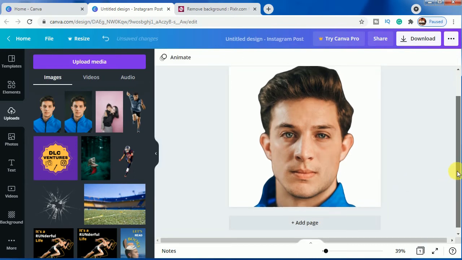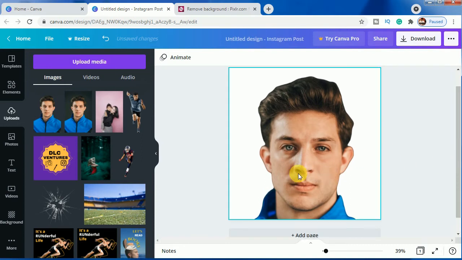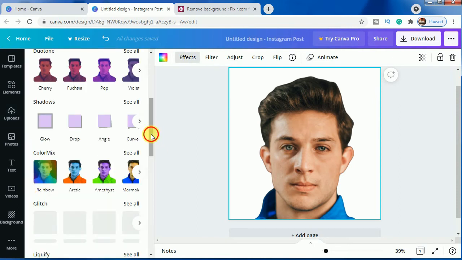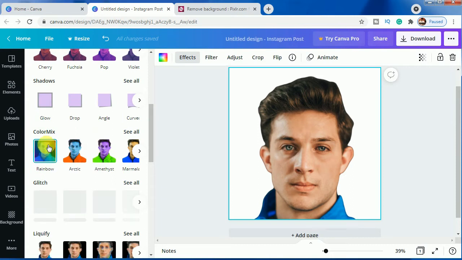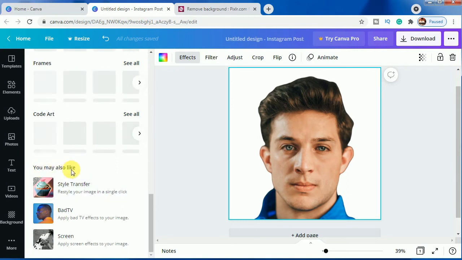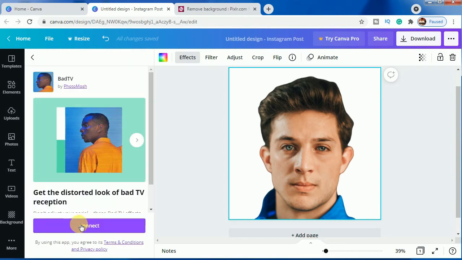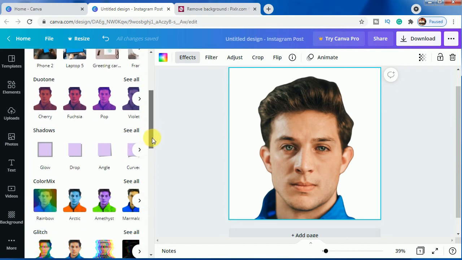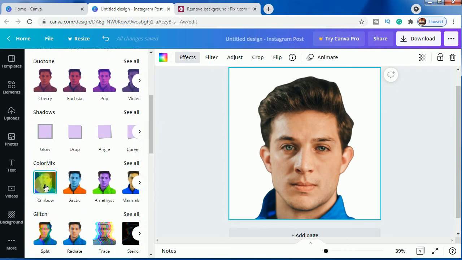And now it's time to make the gold effect. So we'll click on the image, go to effects right here and come to color mix. If you don't have this color mix button here, you will find it under this "you may also like" button, and we will have to click it. Like if I am getting this bad TV effect, if I click on connect, it will show me in this panel here. So we'll go to this color mix, first option, rainbow effect,